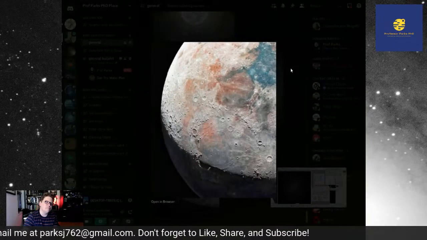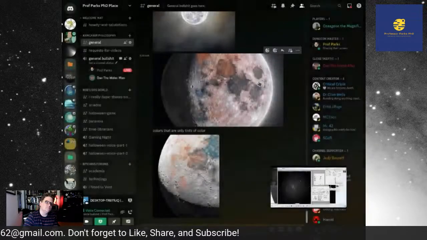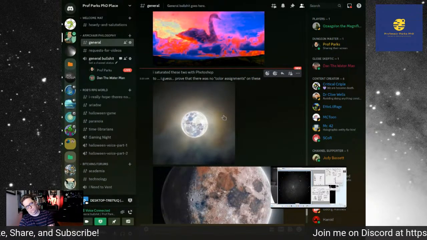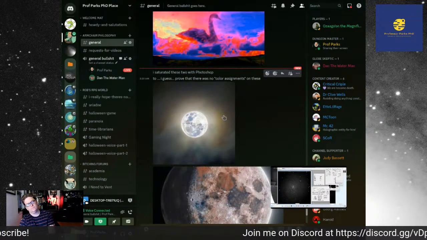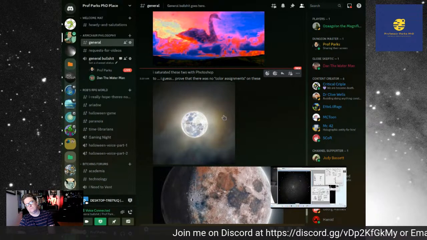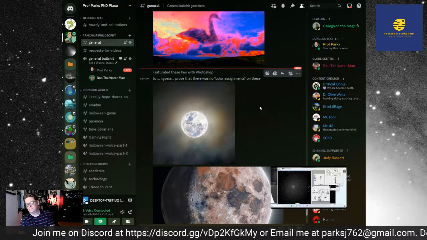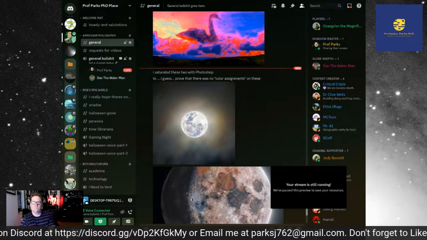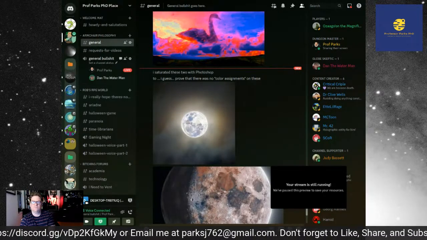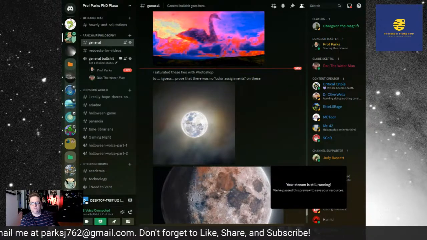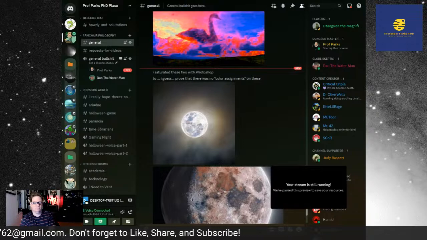And you go, "Well, that's not real," because you've seen the moon before. Well, I go, "It is real. They just assign colors to these shading areas." I got shit on for claiming that they were color assignments, and I was told to take an image into Photoshop and play with the saturation, and it did bring out